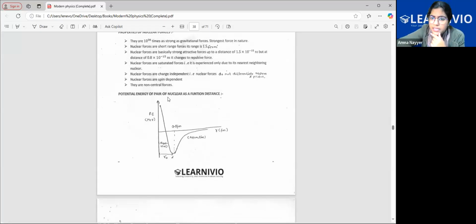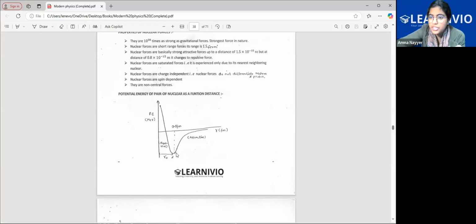Now, the potential energy graph is very easy. Basically, this graph says, see, potential energy had the maximum positive value here. Then it decreases, it becomes zero here. Then it decreases further, and reaches a negative point. This is the negative part. This is the highest stability or the most attractive part of the potential energy. Because the more negative it is, the more attractive it is.